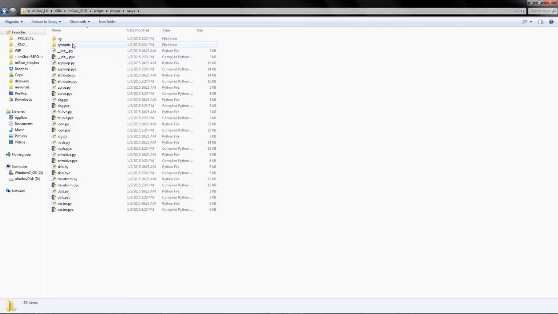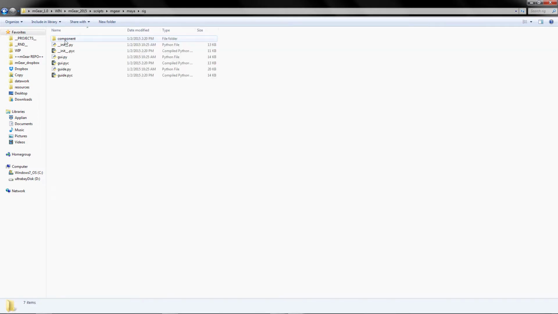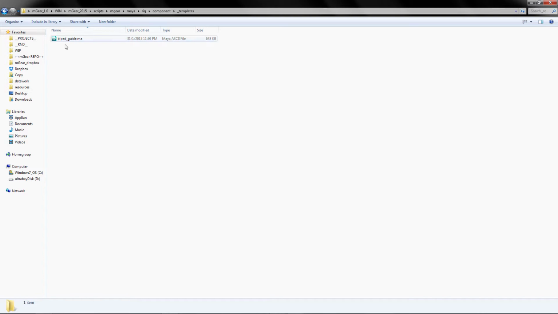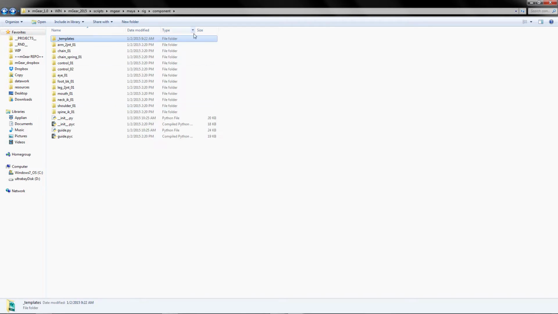And then we have the rigging folder and the synoptic folder. This is the modular auto rigging system. Inside we have the basic structure for the constructor and the guides, and also the user interface. And then we have the components, the constructor for the rig and the guides, and the components themselves, which are the different parts that you construct your rig with. And the template, that for the moment is just the biped guide that you load when you import from here,